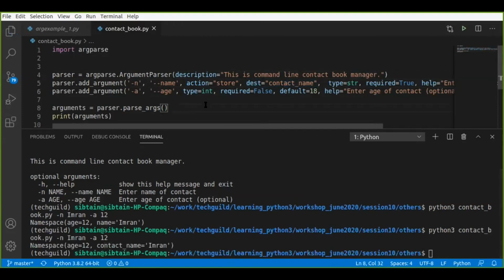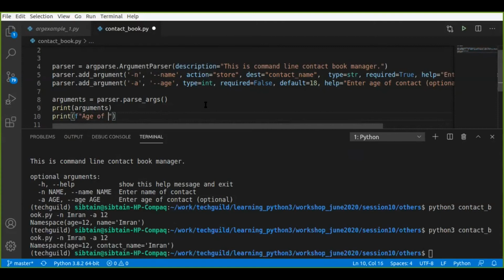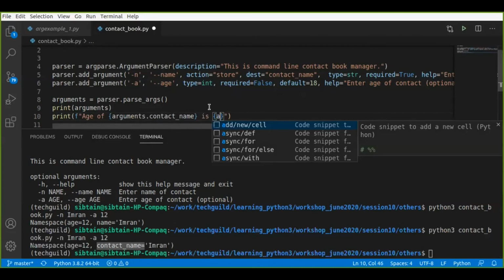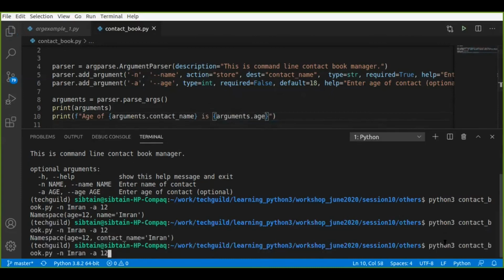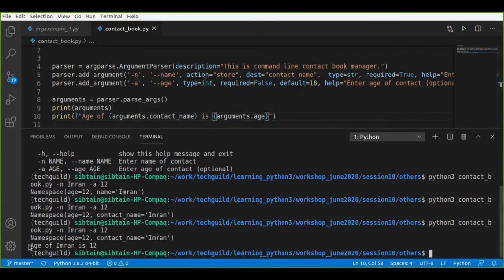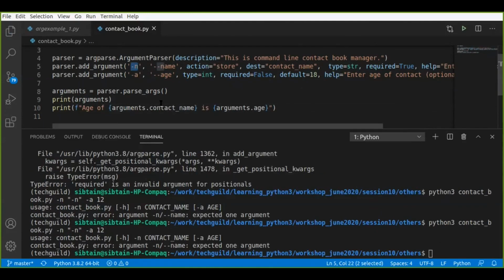And in my program, print age of, how can I access this particular value? It is in contact name, right? So I'll say arguments dot contact underscore name is arguments dot age, and I'll run my program now. See, it is printing age of Imran is 12. But this is what argument parser is.